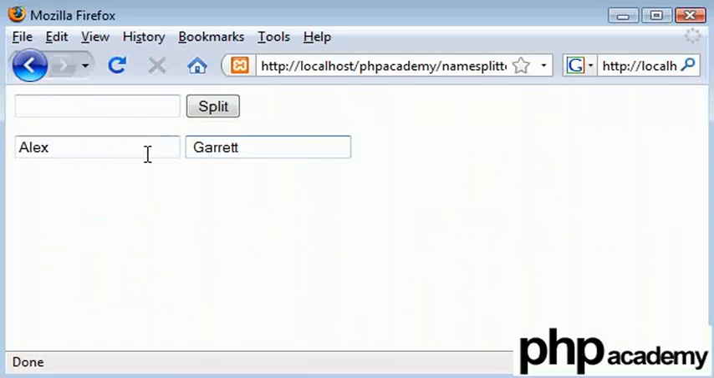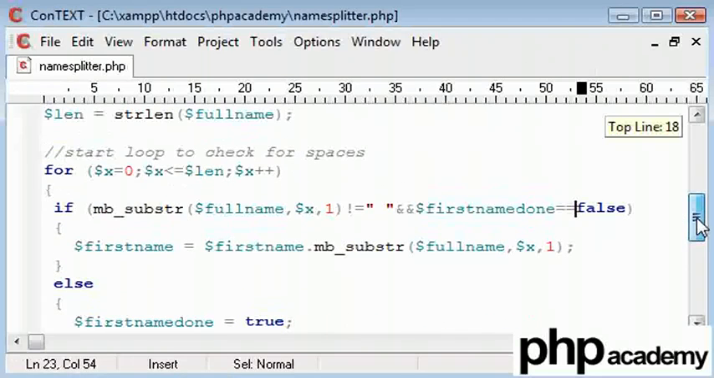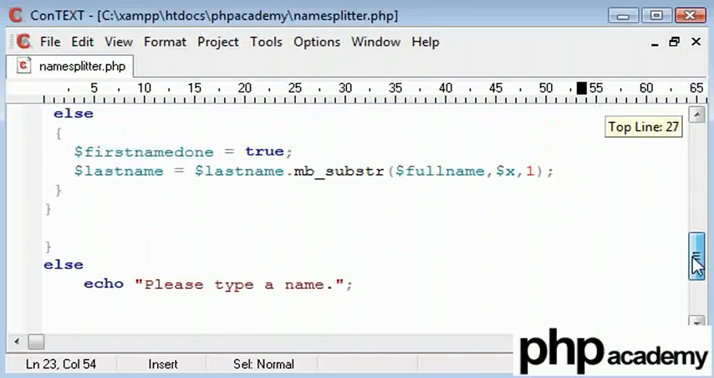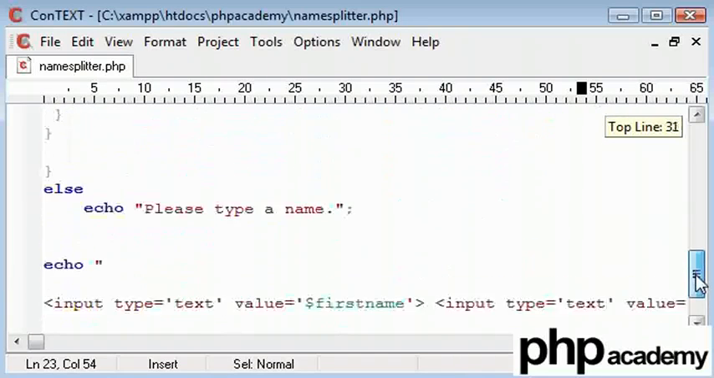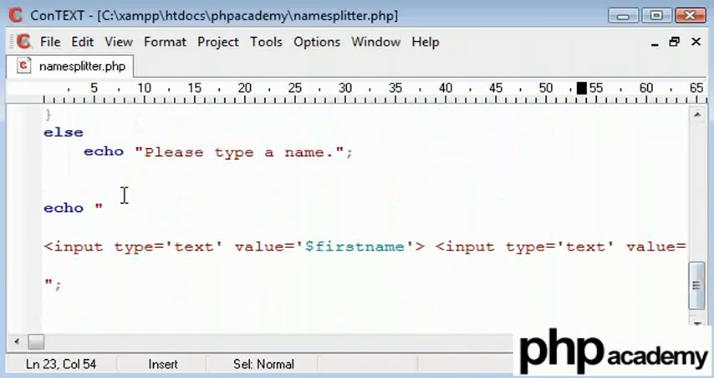Now this is all well and good, it's splitting my name. We can type anything else, let's say Kyle Hedon, split. Okay, it's working, we know that it's working. However, if you see here there's a space. Okay, because what we didn't do is we carried on from where there was a space, but we included the space. Now to solve this, what I'm going to do is just before I echo out my last name, just here,